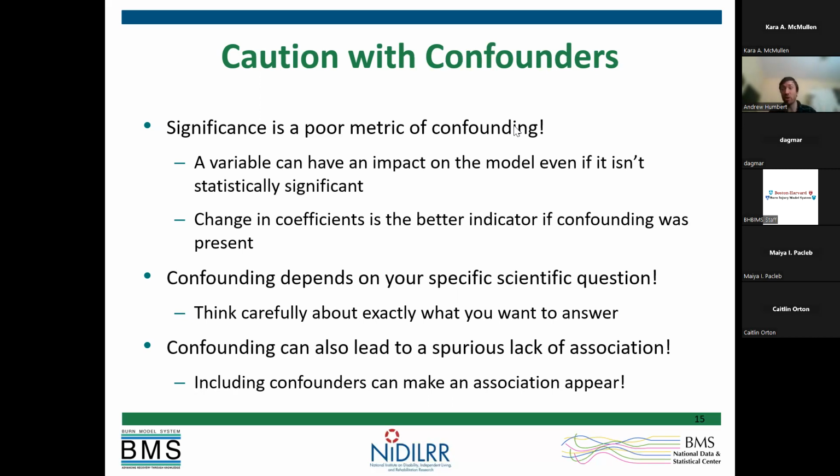If you keep it big and general, it's going to be really hard to determine whether a confounder should be included or not. And I mentioned this earlier, but it's worth noting again that confounding can also lead to a spurious lack of association. We often think of confounding causing a relationship to be present: we see this trend, but it's really caused by something else. But the opposite can happen. Confounders can make associations disappear, so that when we adjust for them, the true relationship appears. The confounder has an effect opposite to the true effect that cancels it out. Confounding can go in both directions, and I think that's often overlooked when we talk about the impact confounding has on analyses.